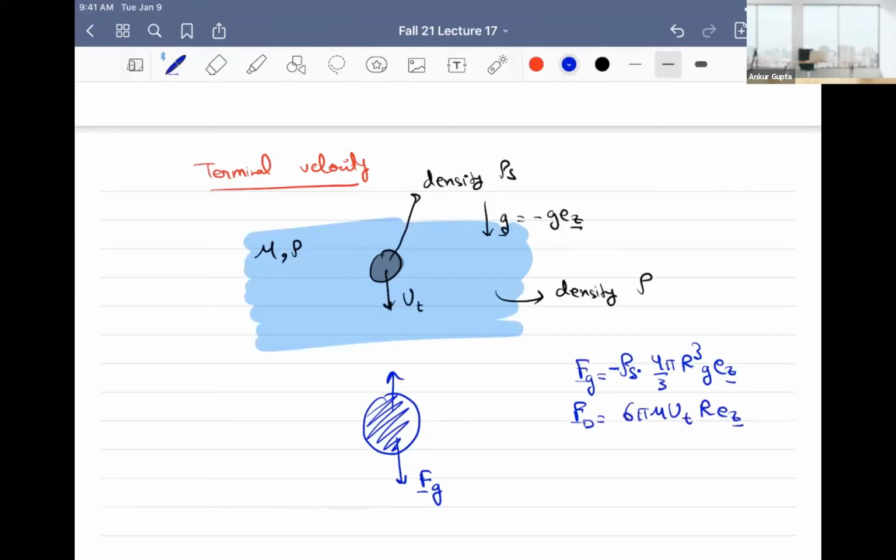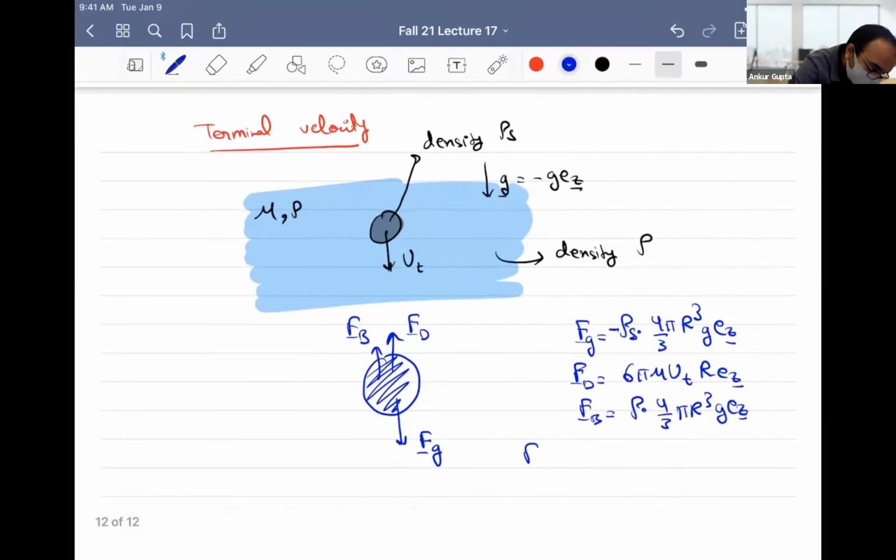Is there any other force that we have to take care of on the particle? The buoyancy force, right? So you also have the buoyancy force. It acts opposite to gravity, and that will be the weight of the fluid displaced. So now we'll have rho f, what we use for the density of the fluid, because it's the weight of the fluid displaced. And if you do Fg plus Fd plus Fb is equal to 0, this gives you the result that ut is